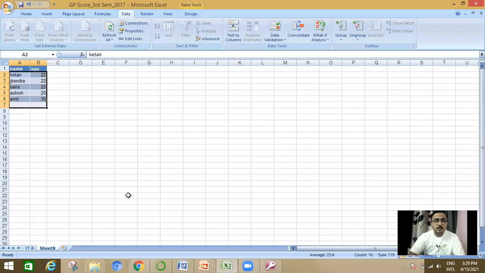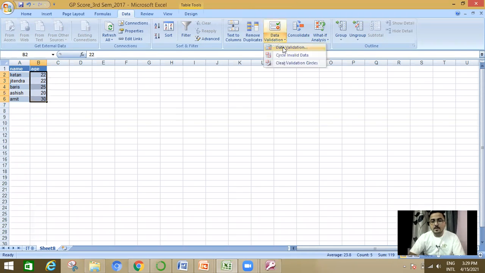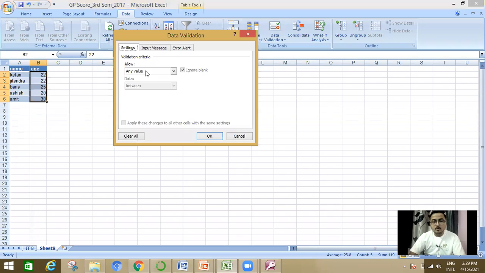So I'm going to give you an example. I have clicked the column, go to data validation, click on data validation. Here you can see any value. Okay.